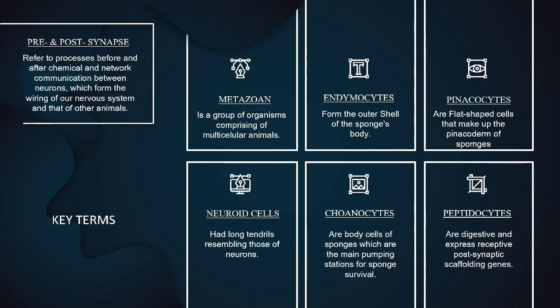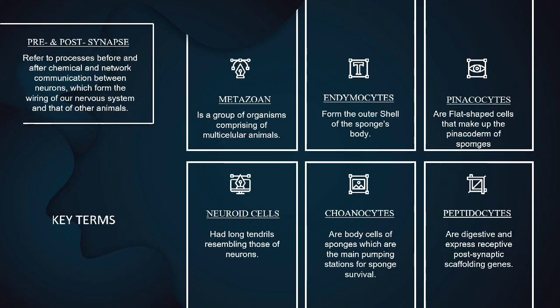Before we proceed to the presentation proper of this research, let's first define the words that are important and mostly used in this research. We have metazoans, which is a group of organisms comprising of multicellular animals, endopinacocytes, which form the outer shell of the sponge's body, pinacocytes, which make up the pinacoderm of sponges, neuroid cells, which had long